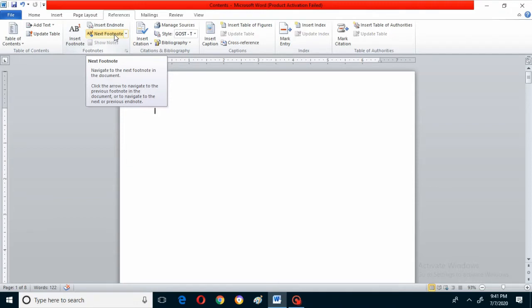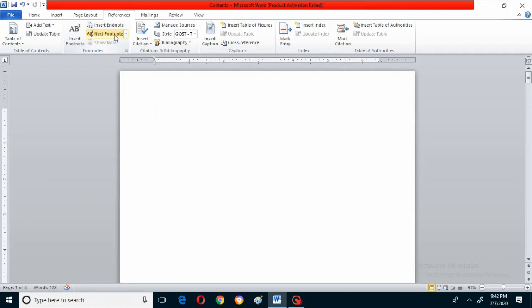Suppose in one page you have a paragraph in which three or four hard words are there. The meanings of those four hard words will be mentioned by giving names to them, at the bottom of the page. What is insert endnote? Insert endnote shows the meanings of some words at the end of the document, in computers we say the end of the document, but normally in textbooks it will be at the end of the book.